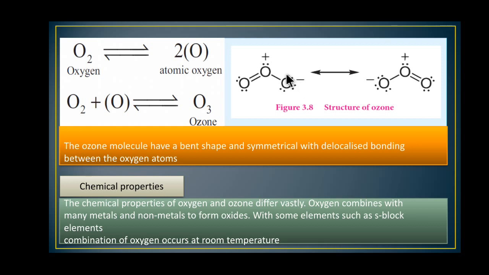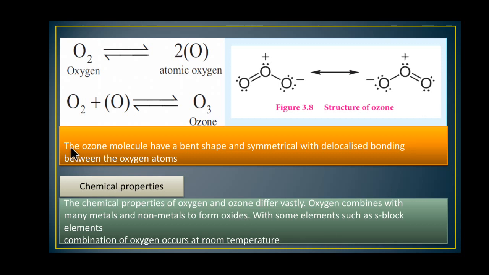Why minus? Count the number of electrons: 1 2 3 4 5 6 and 7. So there is an excess of electrons, so it indicates minus. But here count the number of electrons: 1 2 3 4 5, a deficiency of electrons, so it is plus. And we can also calculate this by the formal charge formula. Okay, so these are the resonance structures. Is it clear? When a lone pair is shifted to a bond pair, and a bond pair shifted to a lone pair, the resonance structure is possible.